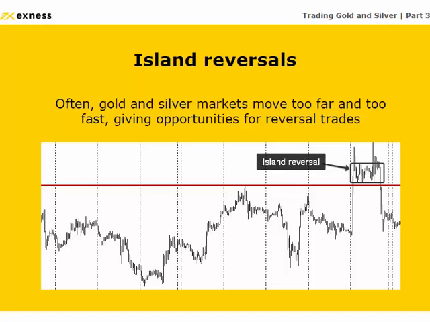And the first setup which we are going to talk about today is island reversal. Often gold and silver markets move too far and too fast, giving opportunities for reversal trades. You might see sometimes very rapid price action go into some direction. The result for such action may be different. It might be political context, it might be something unexpected happening outside of the markets. Well, it doesn't matter. The first thing to see is